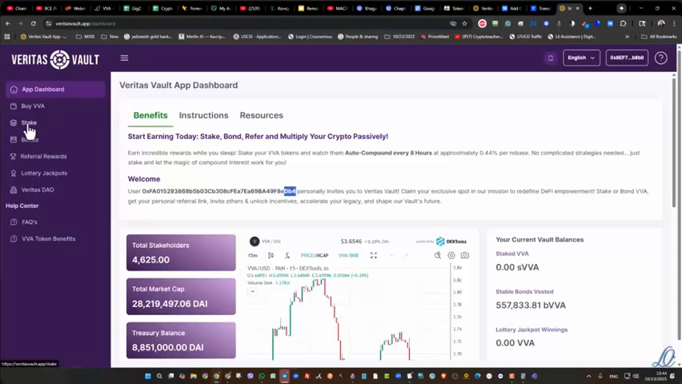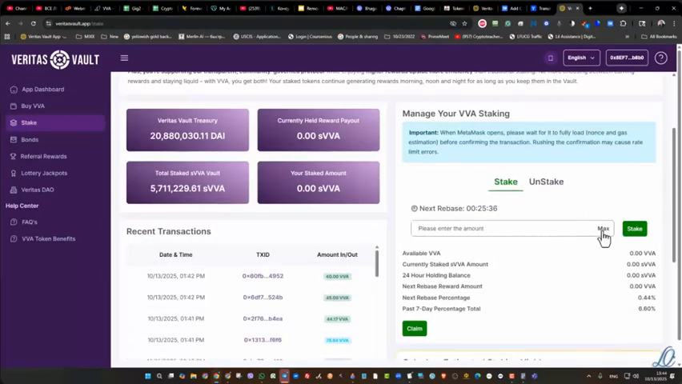So we're going to go to stake. We're going to hit maximum. We just swapped the DAI to VVA, so right now we're going to hit maximum on VVA, and we're going to hit stake. We're going to have a pop up again, and we're going to pay the fees to stake. When we hit stake and the transaction is complete, you will immediately show up in your